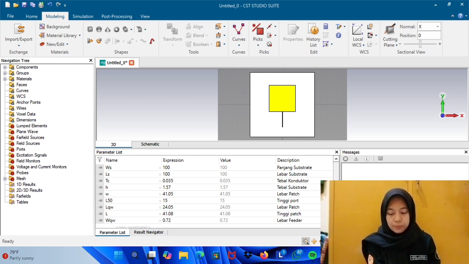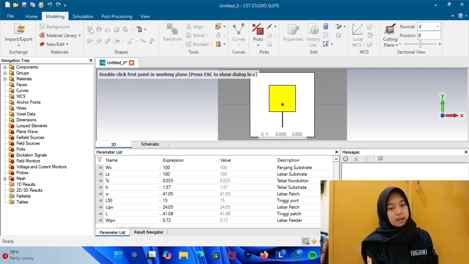The next step, define the port. If the feed is a microstrip, place the waveguide port at the feed line, and if using a coaxial feed, use a discrete port between the inner and outer conductor.